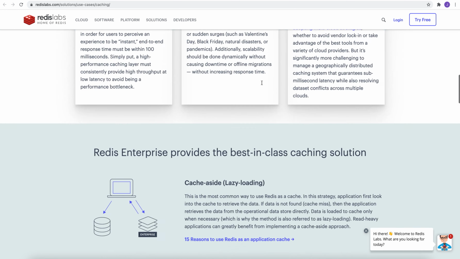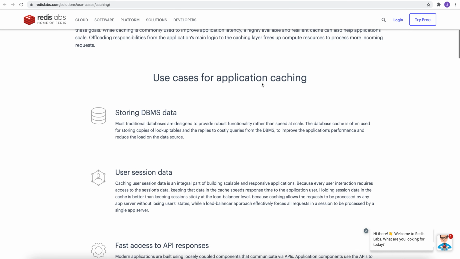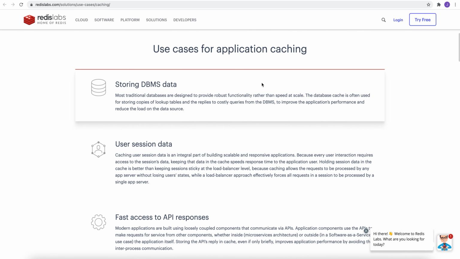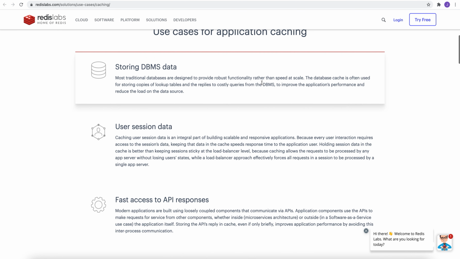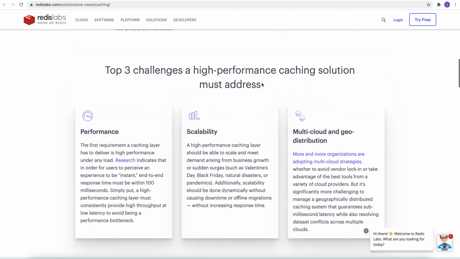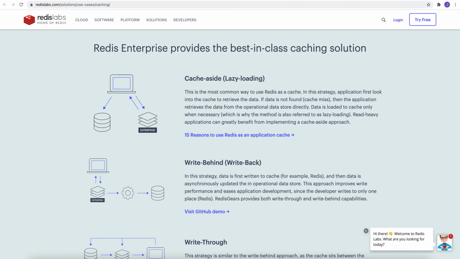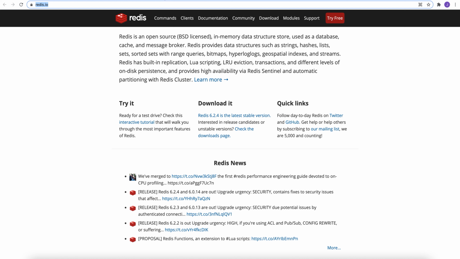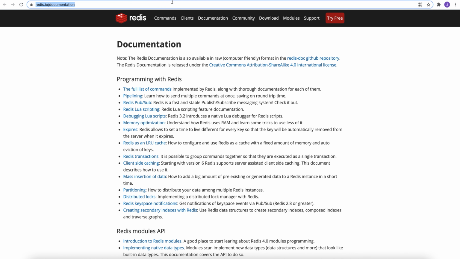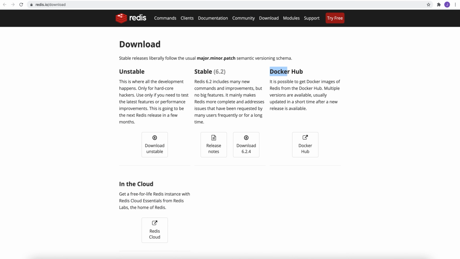So today we talked in brief about what Redis cache is, what the different ways are, and what the different use cases are in which we can use Redis cache. And if you want to know more, visit redis.io and go through the documentation which is available. If you want to try it, download it and install it on your local machine or on cloud. All the major cloud vendors such as Azure and AWS, you can use Redis Cache.